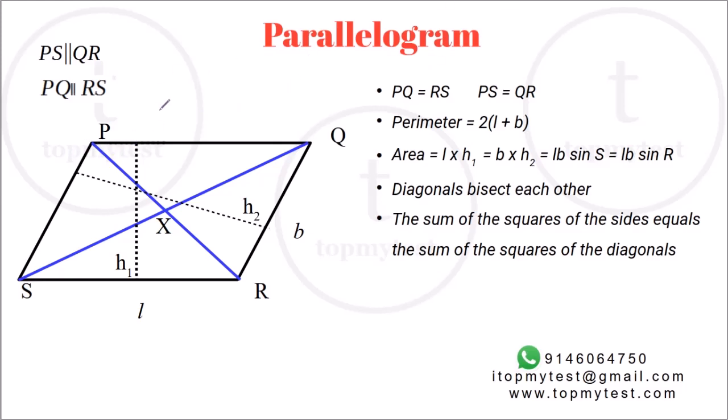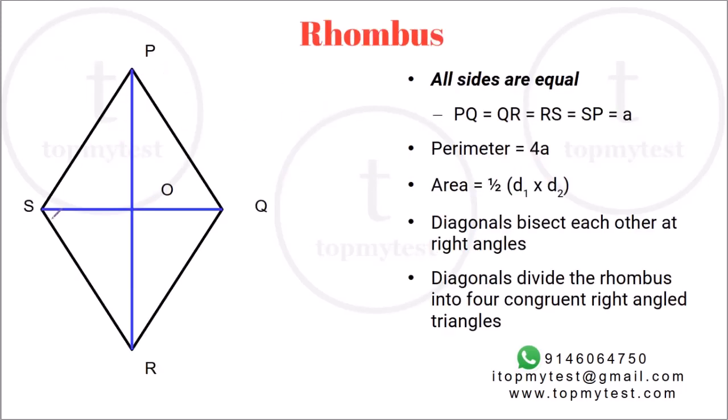The first way is basically to make all the sides equal. So in a parallelogram, if you make all the sides equal, you get what is called a rhombus. If you were to look at it in your day-to-day life, if you enjoy Kaju Katli, Kaju Katli is in the shape of a rhombus.